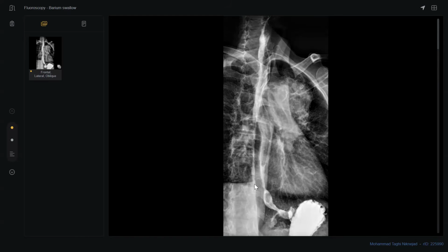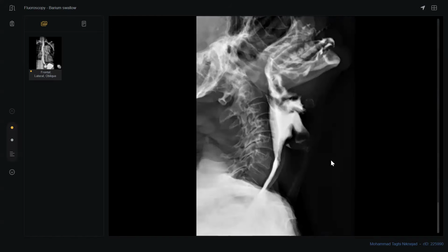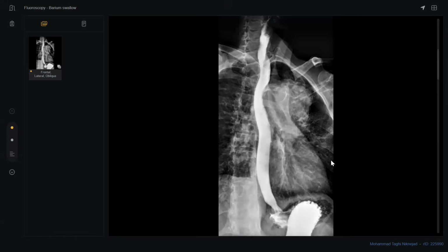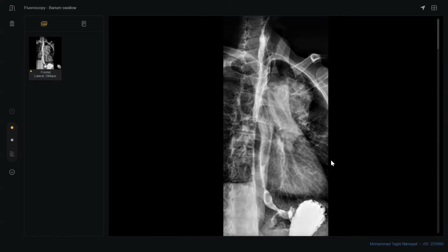Doctor, look at this image before. What happened? Here. What happened here? Okay, so I can see the contrast is aspirated into both, which is more on the left side. No aspiration. What else? Okay, if it is not aspirated, then